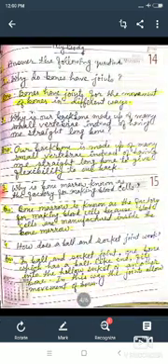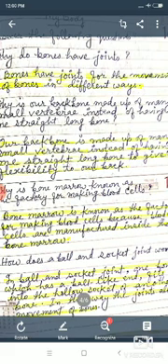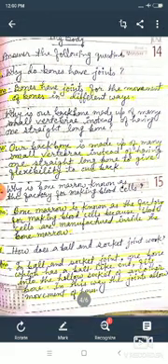Now I am moving to the exercise E. Question number 1. Why do bones have joints? So you will write, bones have joints for the movement of bones in different ways. Now second, why is our backbone made up of many small vertebrae instead of having one straight long bone? You will write, our backbone is made up of many small vertebrae instead of having one straight long bone to give flexibility to our back.